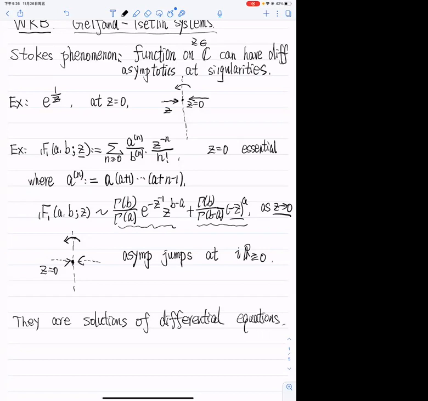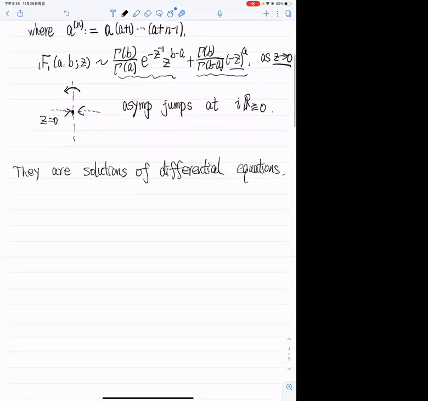And in general, if we take certain differential equations whose coefficients have poles, then the solutions of the differential equations will have Stokes phenomenon. Just like these two examples. So